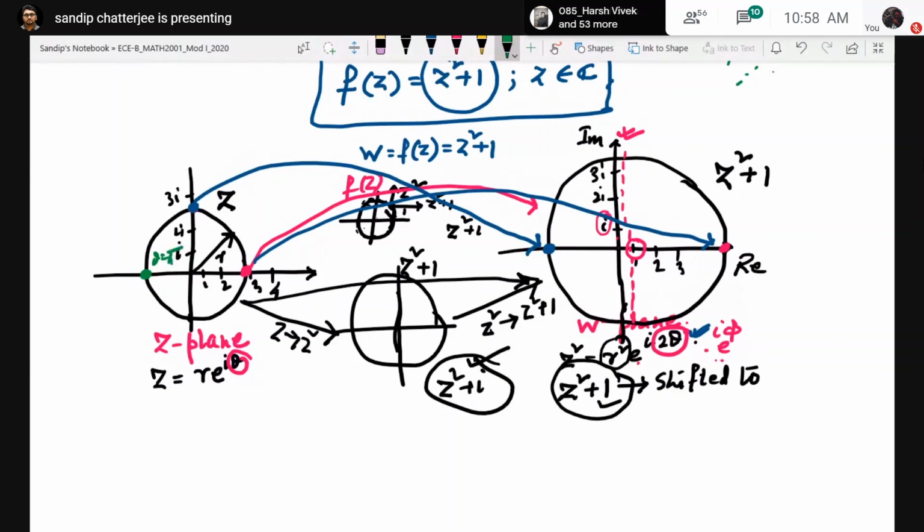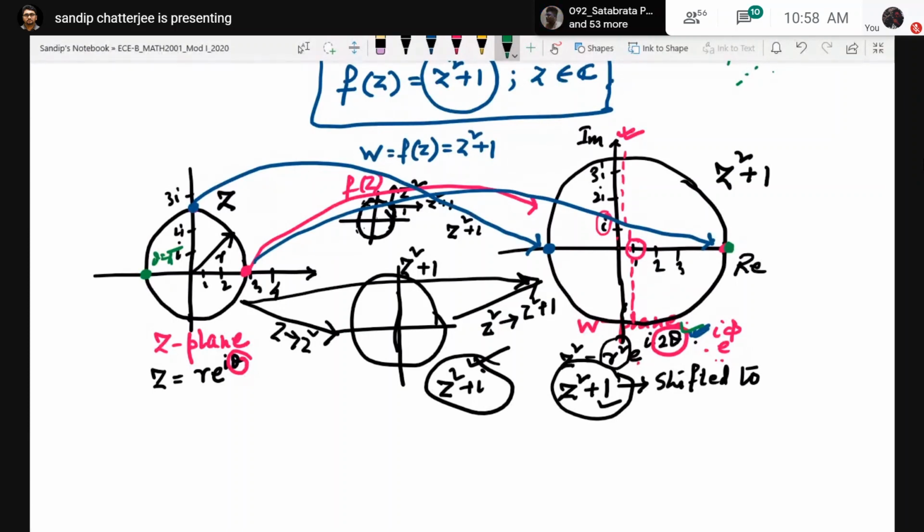So here, what will be the argument? The argument gets doubled, so pi into 2, so 2 pi. 2 pi means which point? This 0 point. So you will get an overlap. At this particular place, two images will come: one for this pink, one for this green. Am I clear? Any doubt?